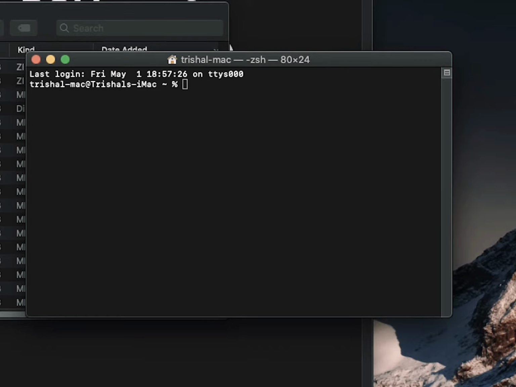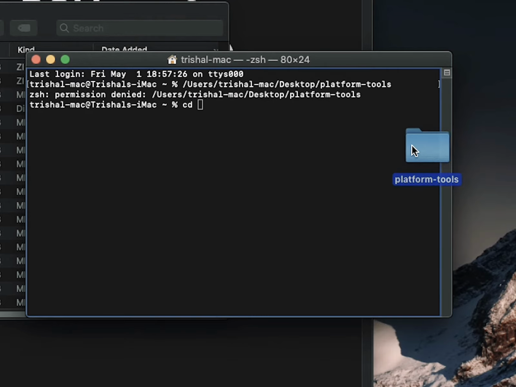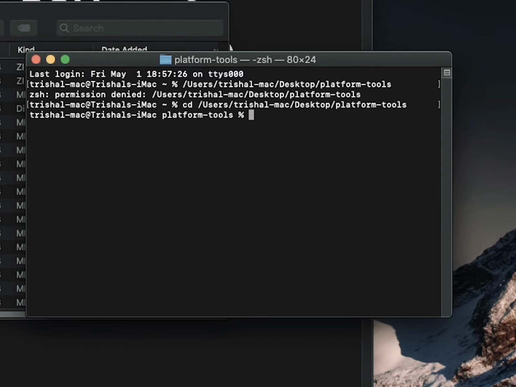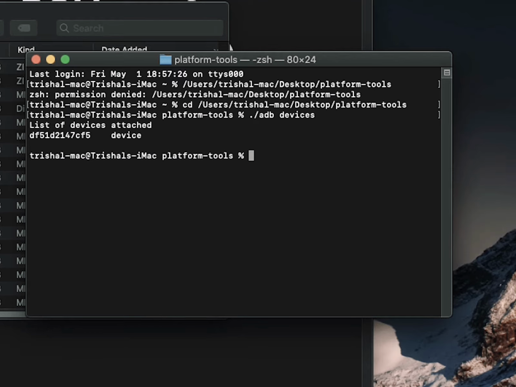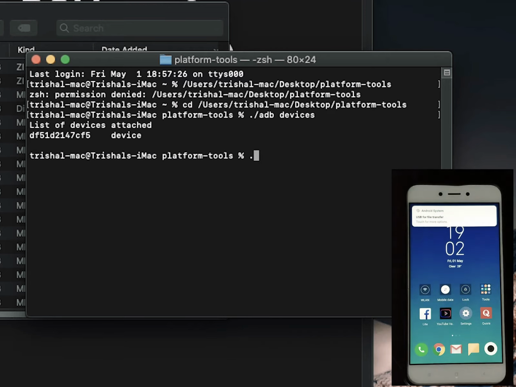Now we come back to the terminal. First, we move into the directory where our ADB is. That's how we access the ADB. We execute it so that we can access our phone. Make sure you add ADB to the path, or it's fine if you don't add. You just have to make sure you put a dot and slash in front of the command so that the computer knows you're executing it. And first, you get your device ID and the list of devices that are connected to the PC. You make sure you accept the fingerprint verification on your phone,